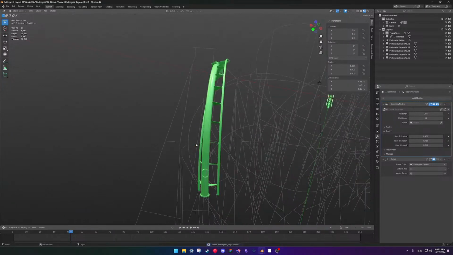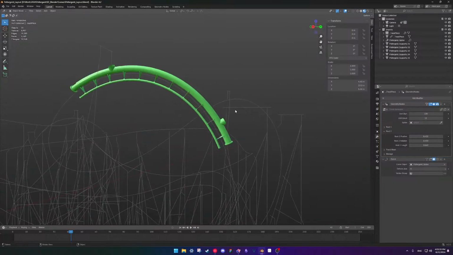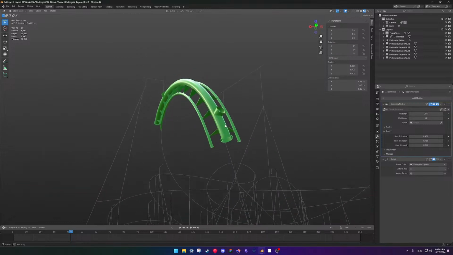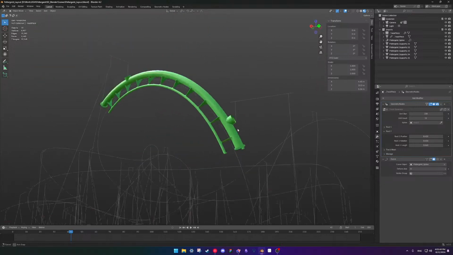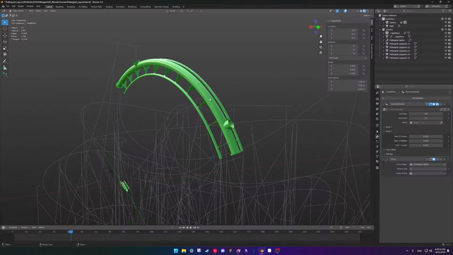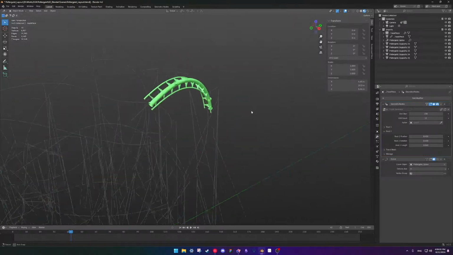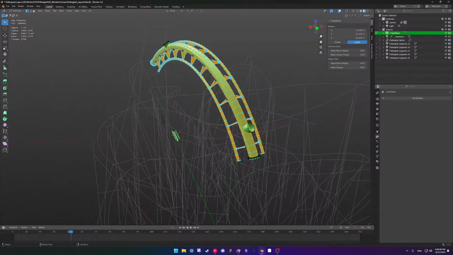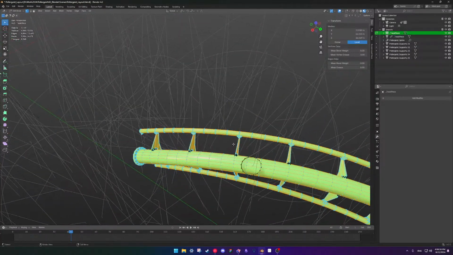Now, I wonder if there's a way to, okay, so it does warp a bit.